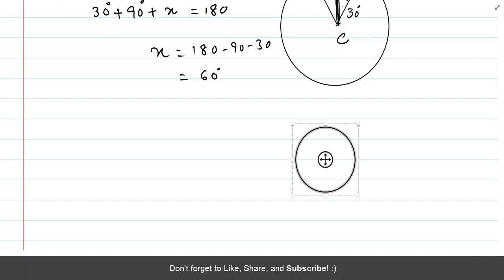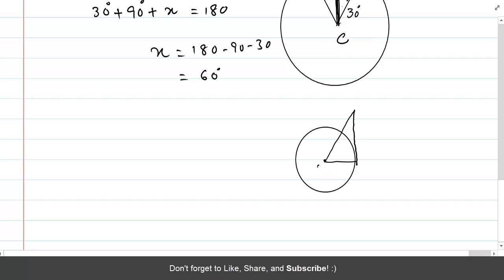Let's make this circle, and this is the center here, and let's make a triangle in which this is the point C, this is T, and this is another point